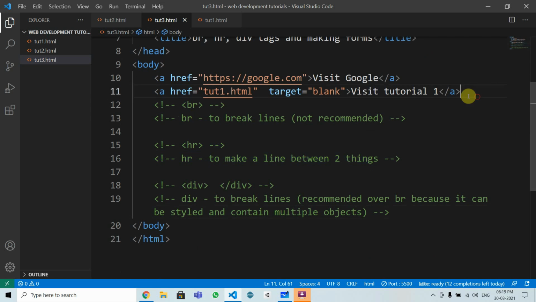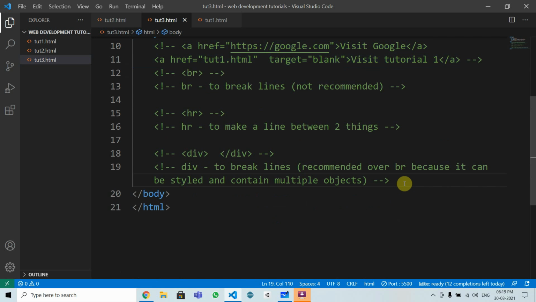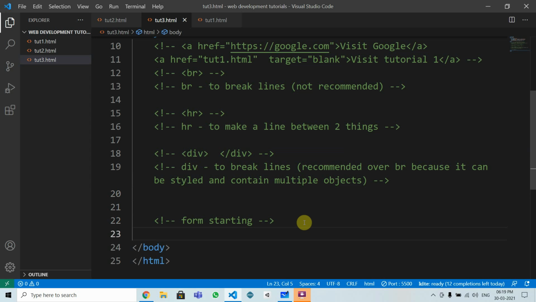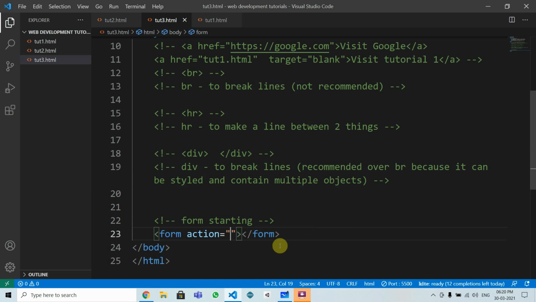So what I will do, comment this, and now start making the form. Starting. So here I can write, first I have to take a form tag, form, you can see it is form action form. Then we have to